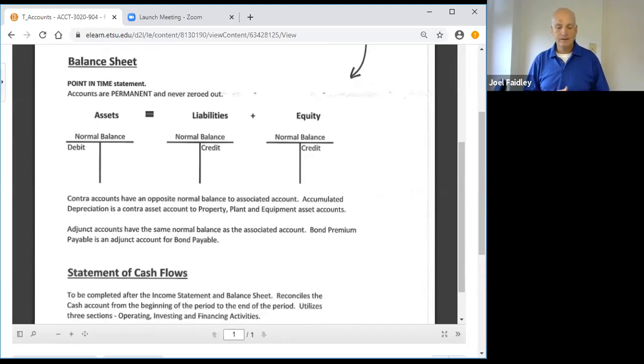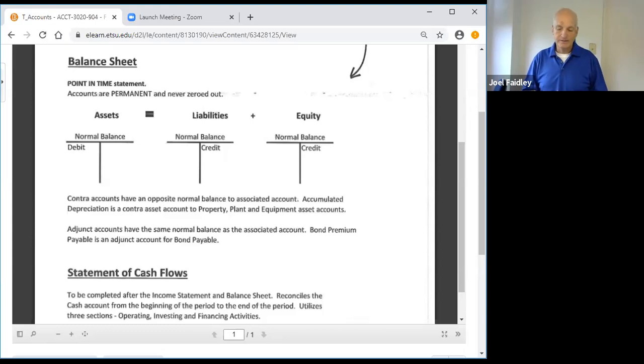At this point in time, we can see there that with our assets, liabilities, and equity, we all have a balance sheet that we carry with us forever, whether it's our personal balance sheet or the company that we work for. So assets have a normal debit balance, and from middle school algebra, if you have a debit balance on the left-hand side in assets, then you have to have credit balances on the right-hand side in the liabilities and equity for the equation to balance, right? Debits must be equal to credits. These are permanent accounts. It's for a point in time, or a moment in time, is what your balance sheet is. And again, the only relationship between the income statement and the balance sheet is retained earnings.